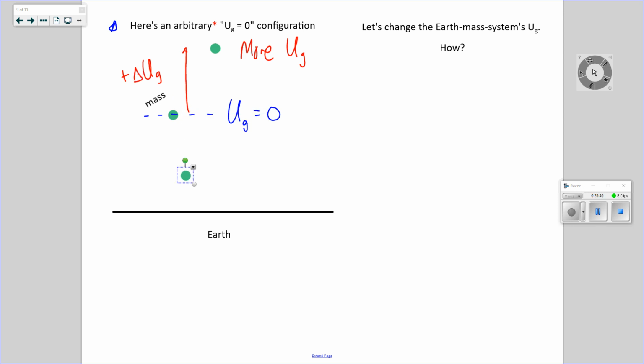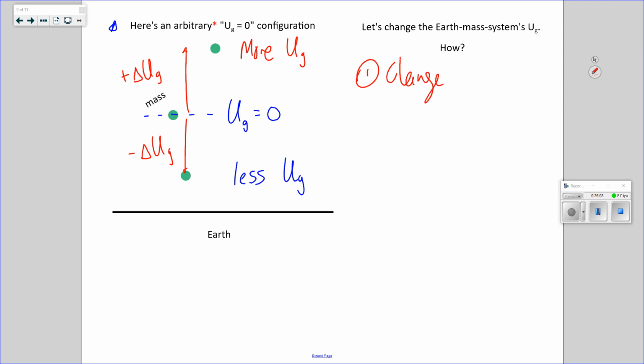There's now, in this configuration, less gravitational potential energy of the Earth-object system. Or we would say that this is a negative change in UG. I guess this is how. So 1